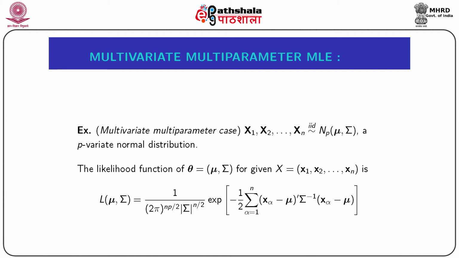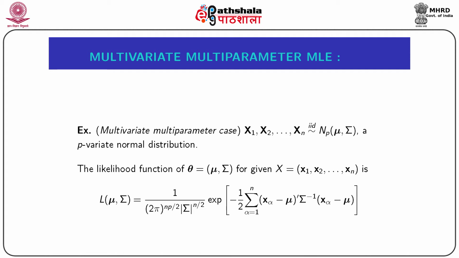Let x1, x2, ..., xn be a random sample of size n drawn from a p-variate normal distribution with mean vector mu and dispersion matrix sigma. Obviously, the random sample observations x alpha will be p-component random vectors. The likelihood function of theta, which is a collection of mu and sigma, for given data X equal to x1, x2, ..., xn, is L of mu, sigma equal to